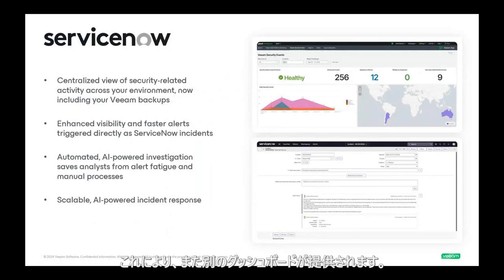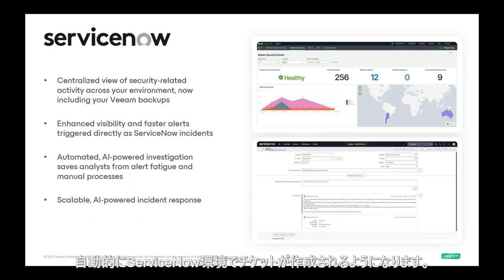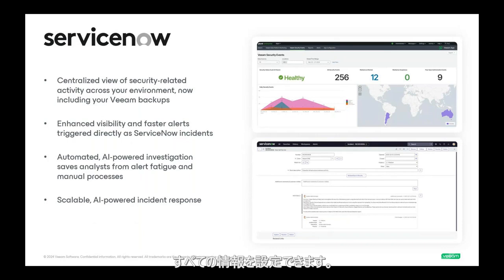So it's going to give you another dashboard. I know we've seen quite a few of those already today. But it is going to assist in auto-generating tickets. So maybe there's an alarm that's triggered in Veeam 1 that needs to be assigned and addressed immediately. This can be set up to where when that alarm does get triggered, it's automatically creating a ticket in your ServiceNow environment. So that ticket will automatically come in. You can set where it goes, how it comes in, all of that information,